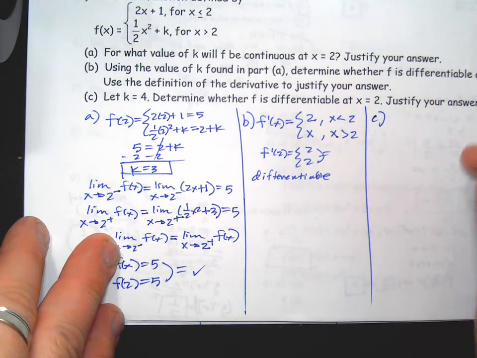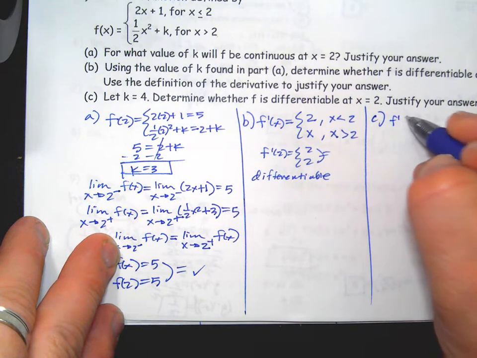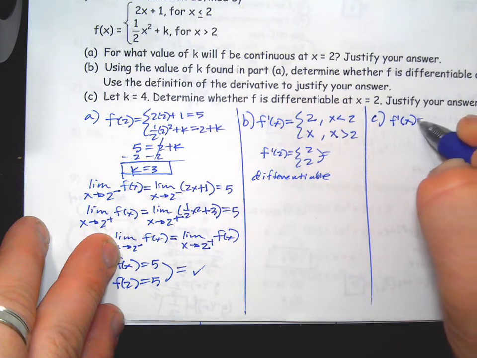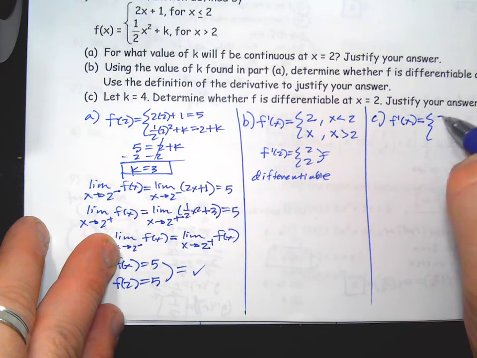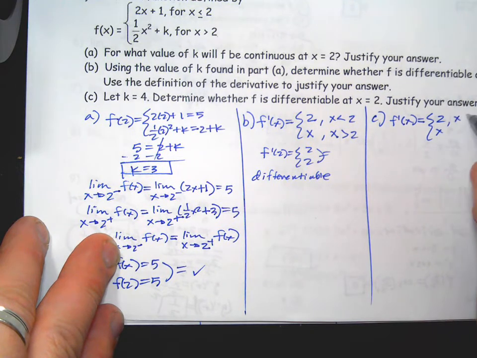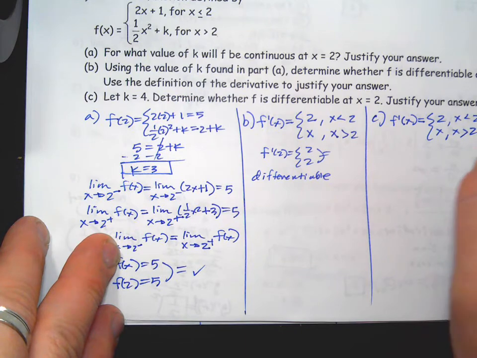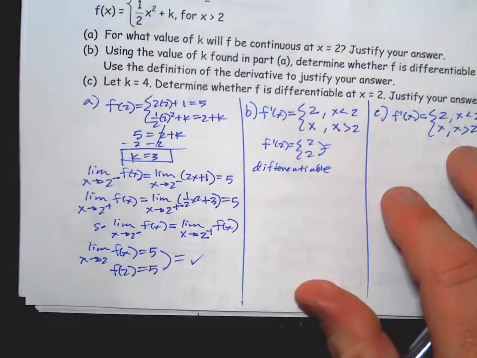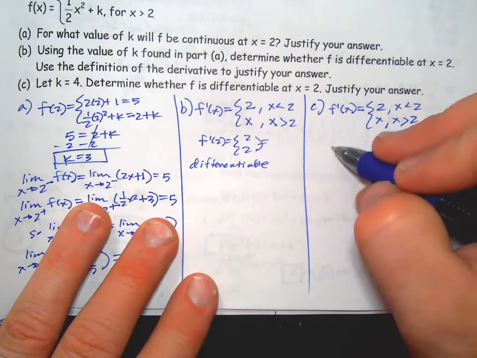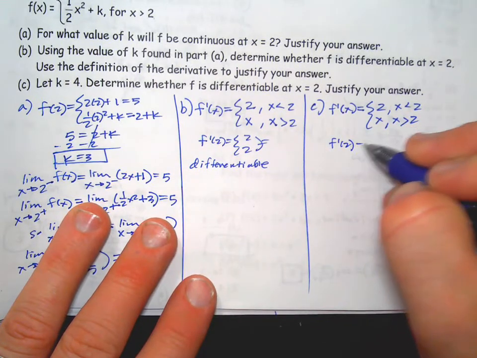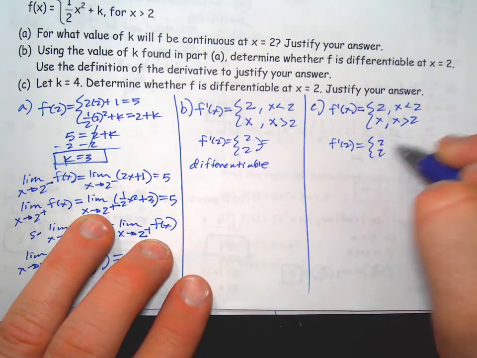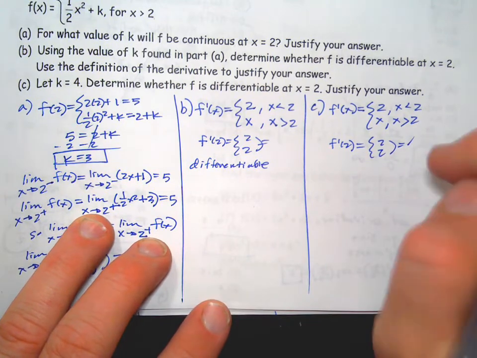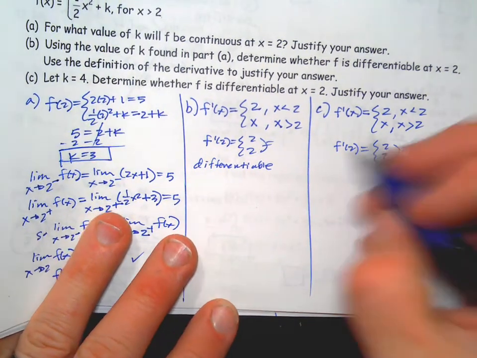C, same idea, but k equals 4. I don't think it's going to matter because k drops out, right? It's the same derivative. K goes away. Oh, you know what we need to do? Shoot. See, this is tricky. You might be like, oh yeah, look, it's all good. They're both the same. Yay. Okay, but differentiability requires continuity. So we need to check